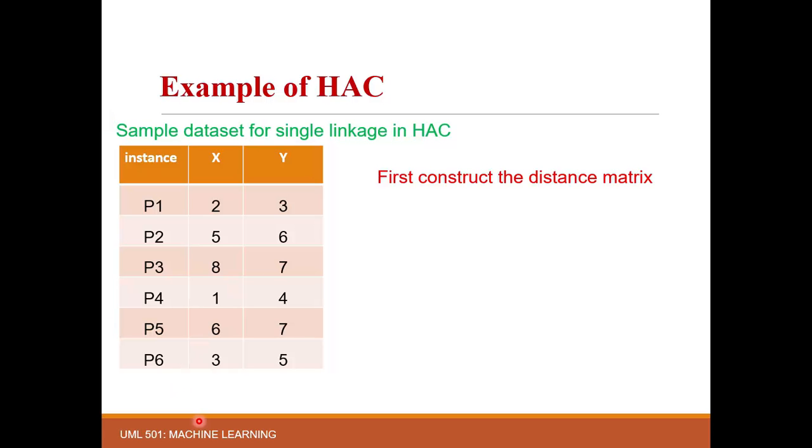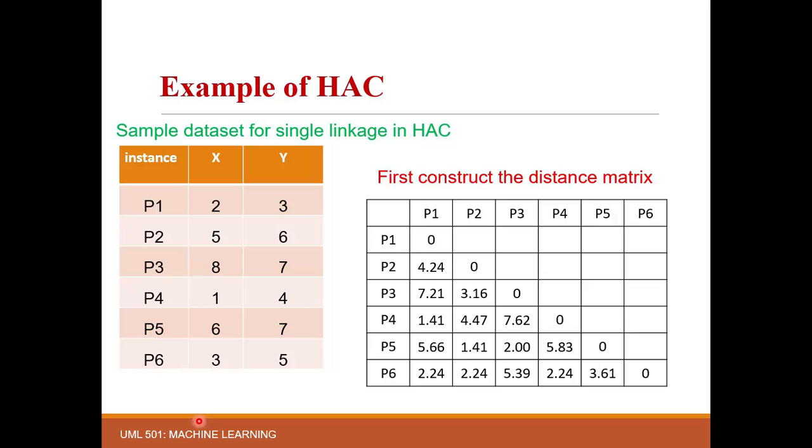The distance matrix is an n by n square matrix, where n is the number of data points in a data set. Here the upper triangular matrix is mostly kept empty, like in the figure, and diagonal elements are always kept 0. We keep the diagonal elements as 0 because the diagonal element represents the distance of the data point from itself, like P1 and P1 is 0. So there is no benefit in measuring the distance between P1 and P1.